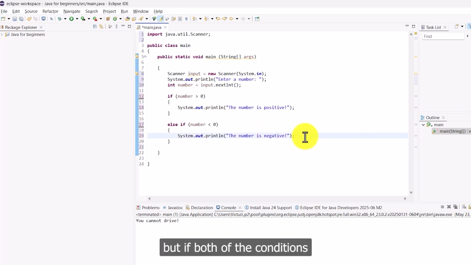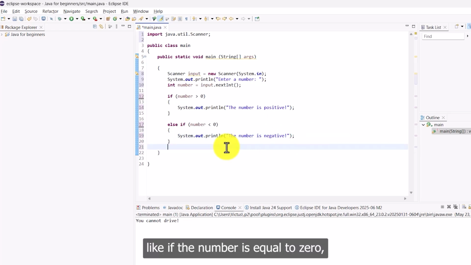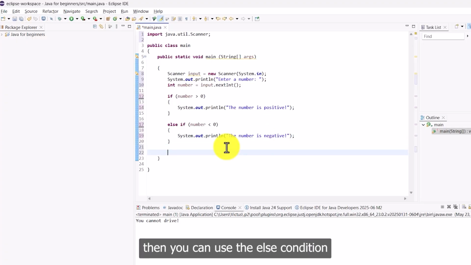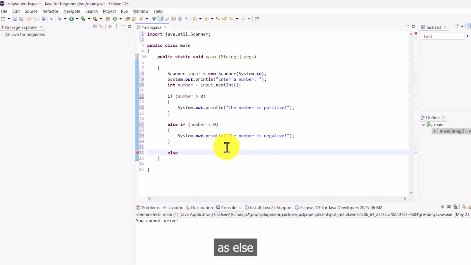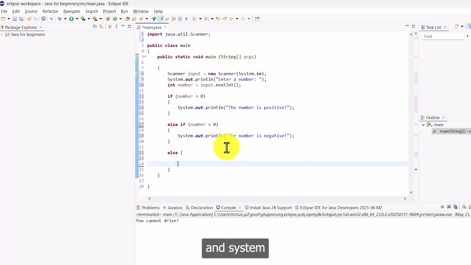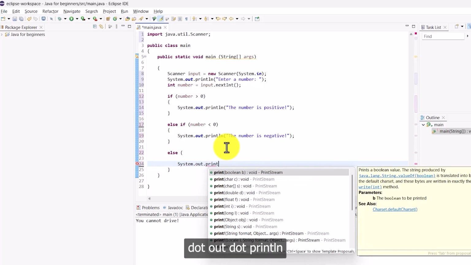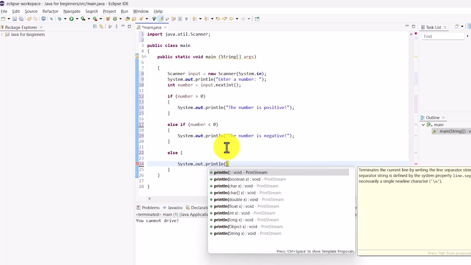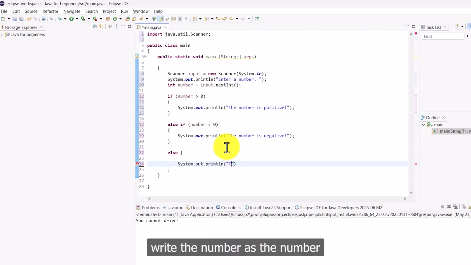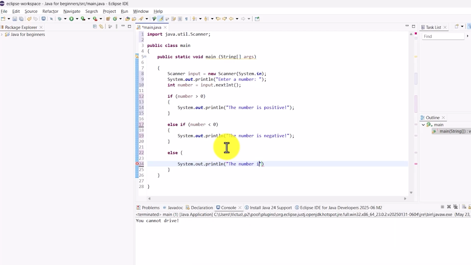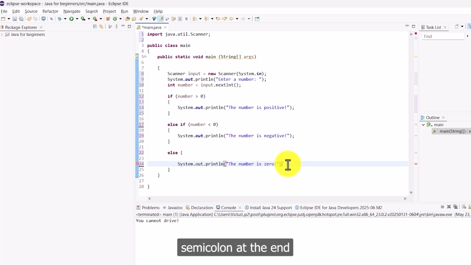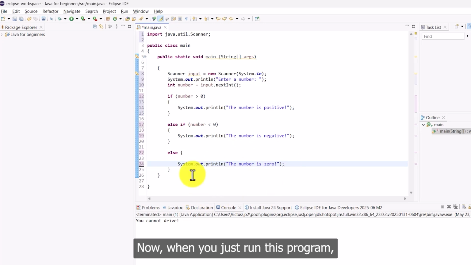But if both of the conditions are false, like if the number is equal to 0, then you can use the else condition. With this, System.out.println, write the number as "the number is 0", semicolon at the end. Now when you just run this program,